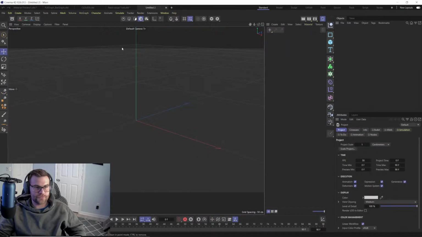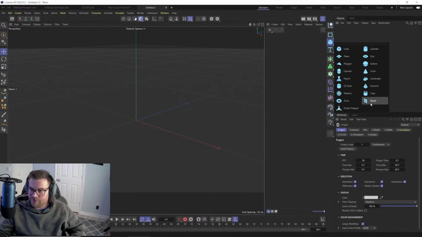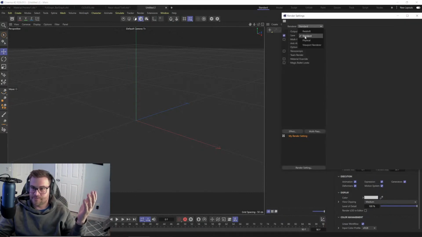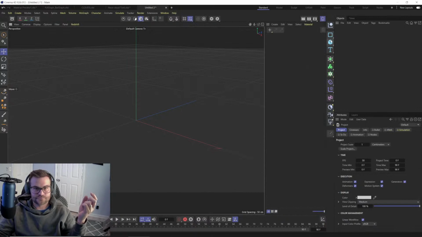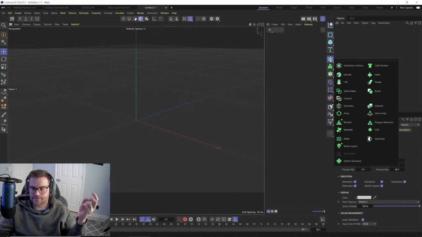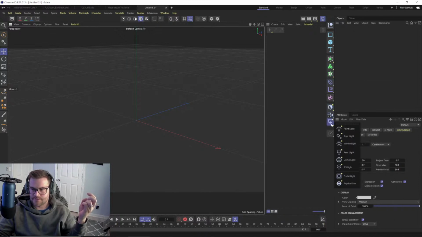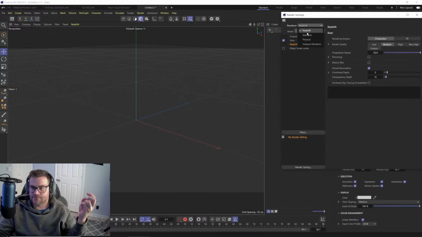Okay. Let's just do a new scene. So one thing that we can show off is how to do an infinite floor with Redshift, because with C4D, you could always just do this and do infinite floor. And you'll notice now that because we are using the Redshift render setup here, oh, no, we're not. We'll go to Redshift. Where's the floor at? It's been so long. They get rid of it. Stage. So if I go back to standard,